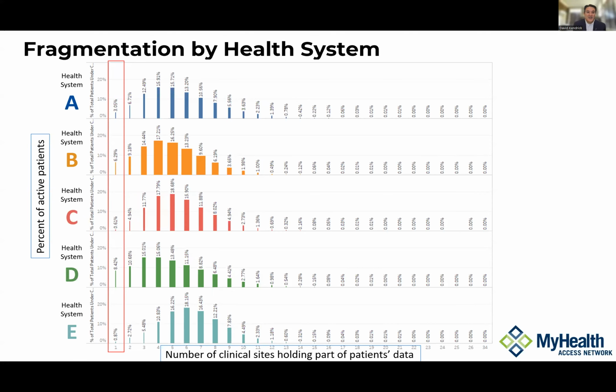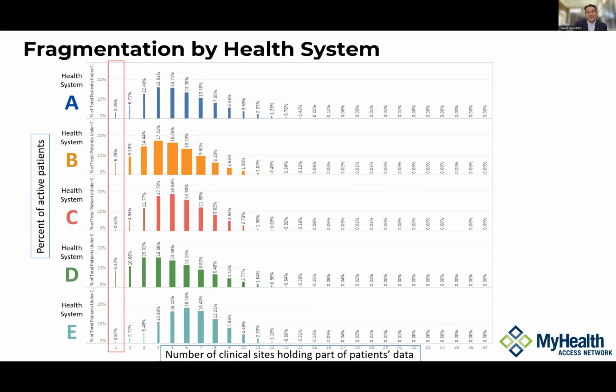That is, what is the chance that something important about this patient might exist in other places? And you can see that there's as little as a 92% chance and as much as a 99.5% chance that I need to look at records in other places for every patient that walks in the door in any one of these health systems. That's often an eye-opening statistic, because speaking as a healthcare provider myself, it's often overwhelming already to be looking at the data in the EHR in front of me without thinking about the amount of information or key events that might exist in other places.